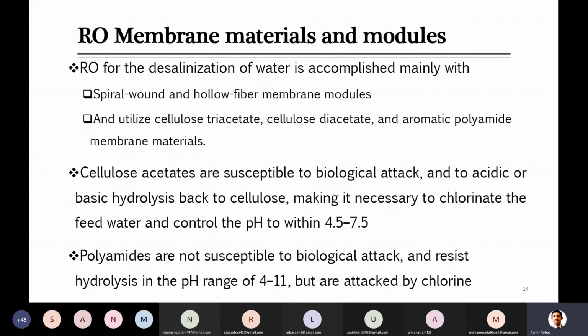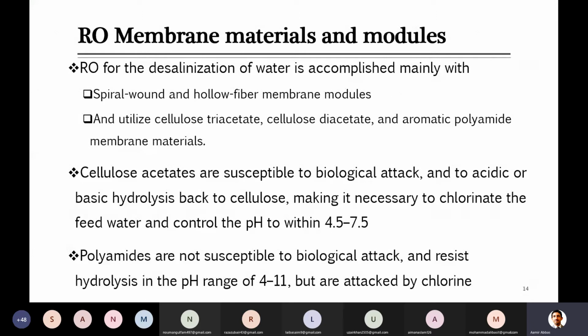So reverse osmosis, when we look at it for desalination, what module and what material are used? The modules you have seen already in the lecture on Tuesday. Spiral wound and hollow fiber are those modules. At that time it was also mentioned that they are usually used for this application. Some membrane materials which are usually acetate based and polyamide based are good for this kind of separation because they have good affinity with water, and the purpose here is to allow the water through the membrane.